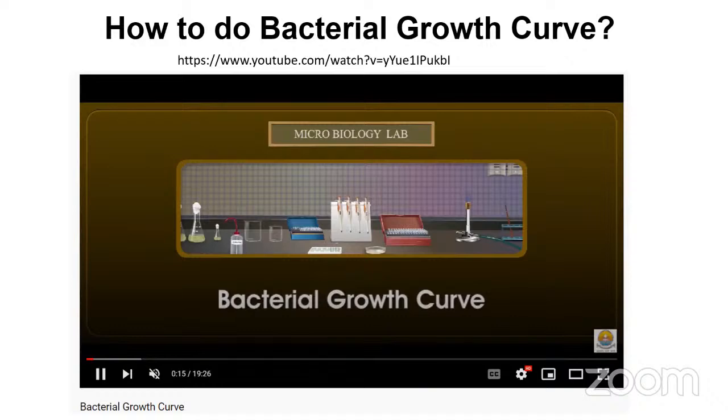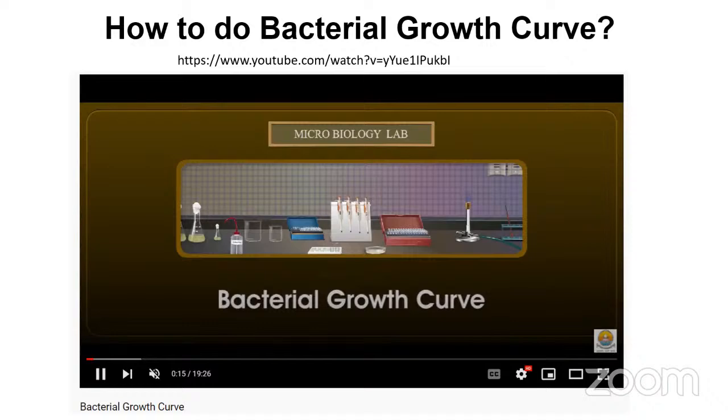So you will incubate a culture overnight so that the cells start to grow and acclimatize to the condition. Next morning, you will prepare fresh media, and then you will inoculate some portion of the culture which you incubated overnight. You will add it to the media and let it grow, and you will take the reading subsequently for every 30 minutes, and then you will plot the reading and the time on the graph